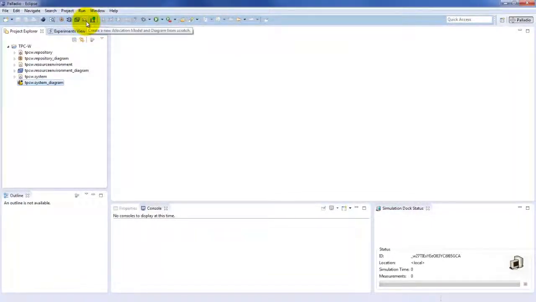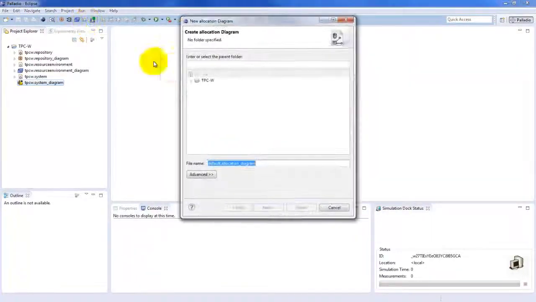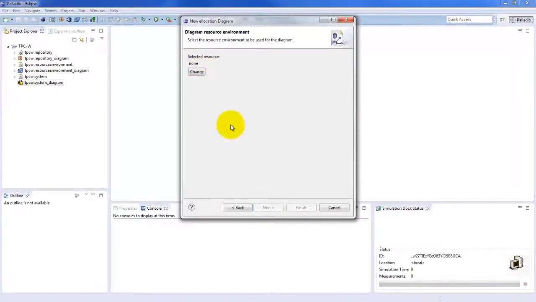So we choose the create a new allocation model and diagram from scratch icon in the menu bar. Left click it. Select the project where we want to store the allocation diagram file. Give it a suitable name, and I again use TPC-W for that. The same procedure for the model file called TPC-W.allocation. Now we choose next, and now we are asked for selecting the resource environment where we want to deploy